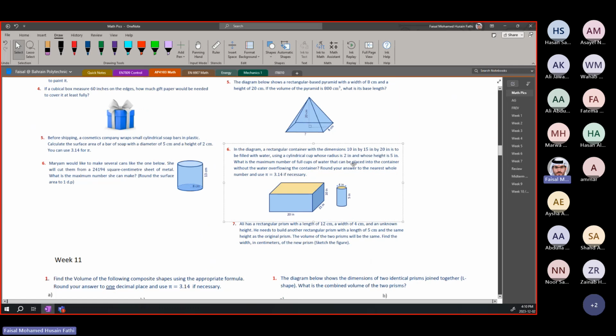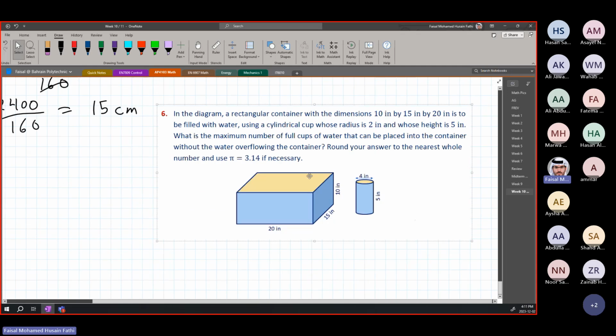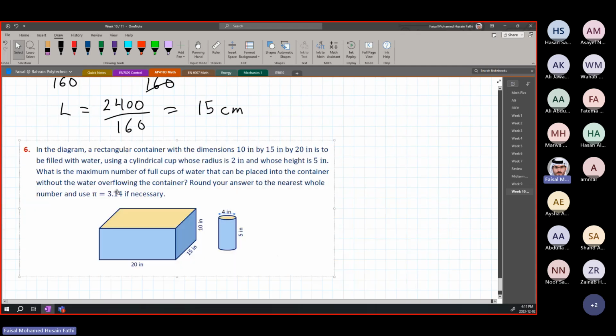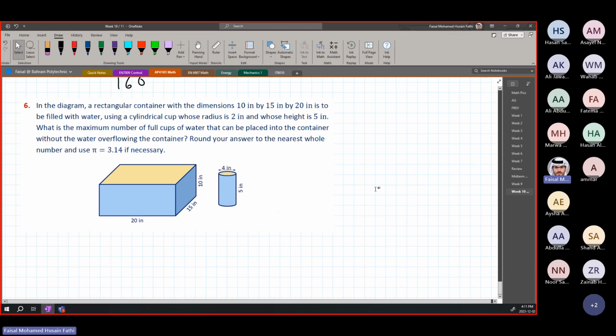Height, okay, maximum cups to place into container. Okay, perfect. This is another good volume question. Worksheet 1, the one about surface area. Okay. In the diagram, a rectangular container, so we can already see this, a rectangular container with the dimensions 10